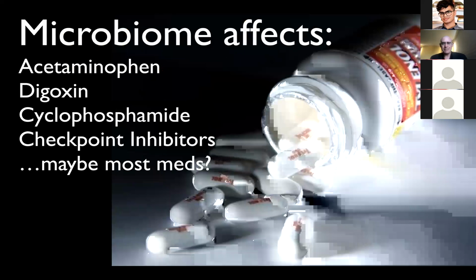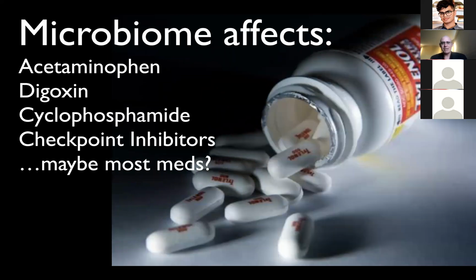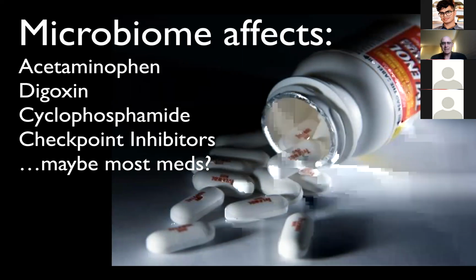And the gut microbiome affects all kinds of things all over the body. One thing the gut microbiome impacts is drug response. A wide range of drugs, ranging from painkillers like acetaminophen to even the latest checkpoint inhibitors that are used for cancer, whether they'll work for you, whether they're safe for you, whether they'll have toxic side effects, depends tremendously on your microbiome.